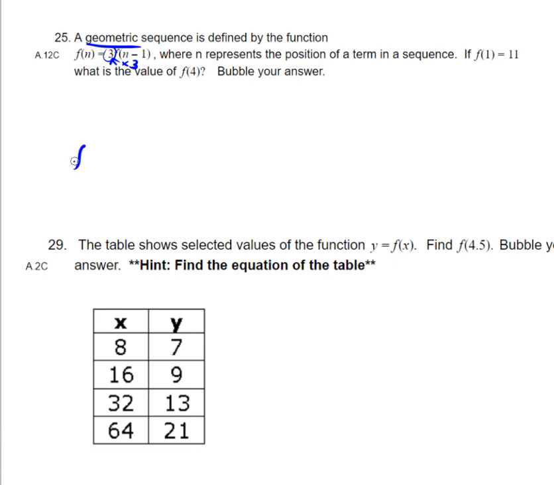It tells me my f of 1 here is 11. I'm not making a fraction here, guys. Don't think this is a fraction. I'm just labeling some spaces here, right? So this is f of 4, right? So 11 times 3 is going to be 33. If I times 3 again, I'm going to get 99. If I times 3 yet again, 99 times 3 is